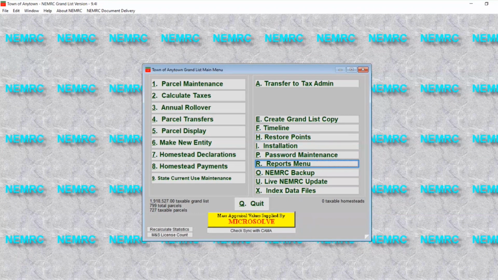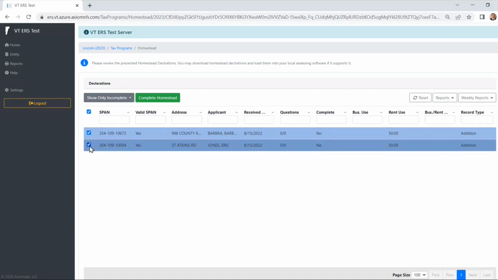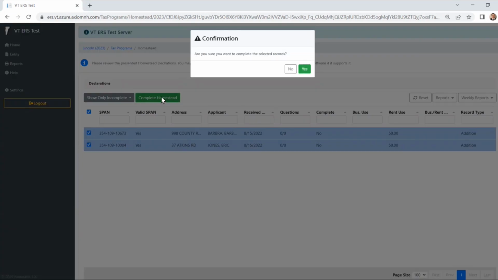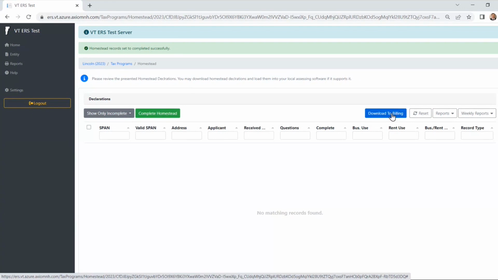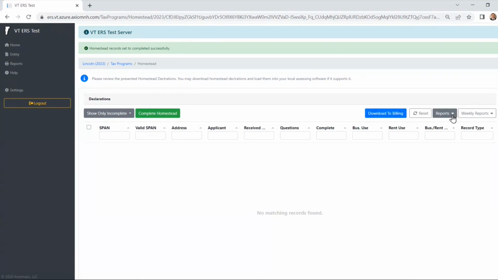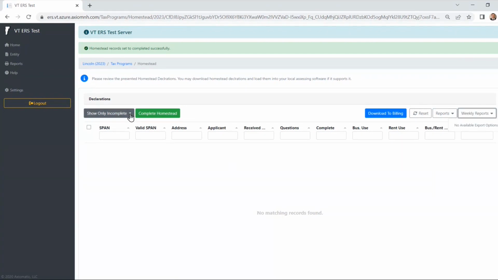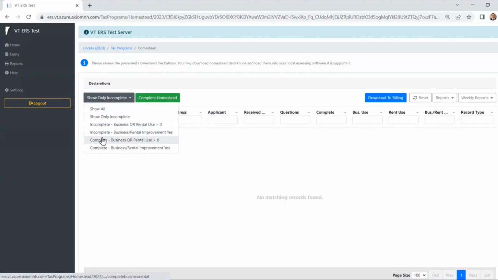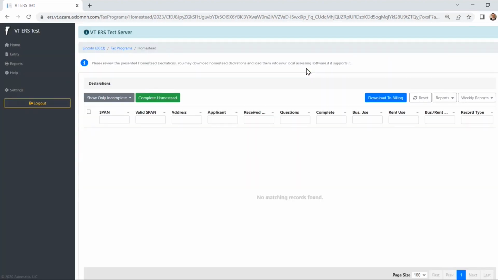So I'm going to jump back over to VTPIE, and I'm going to download those 2 files. I'm going to say, sure, complete. I'll do a lister response if I need to. I'm going to say complete. It's done, and now I get the download to billing button. And just as importantly, don't forget, Patrick has added some reports for you that you can run here, an export that you can run, and you can group your data together with these different grouping criteria that he's put in here for you. So I'm going to hit this download to billing,